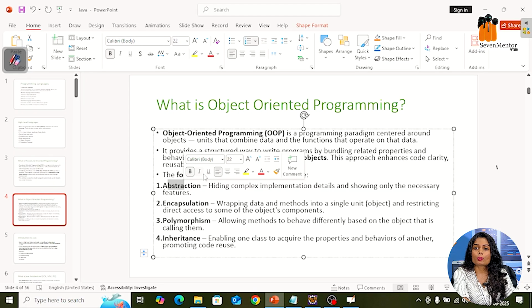Example, like a TV remote. We can just press the power on button, we can press the power off button. So the TV will be powered on, the TV will be powered off, but we don't know how the TV is going to be off or on after pressing the button. We just use the functionality, pressing the button, and the action works behind the scenes, right? So this is abstraction. You are hiding the implementation and showing only functionality to the user. That is called abstraction.